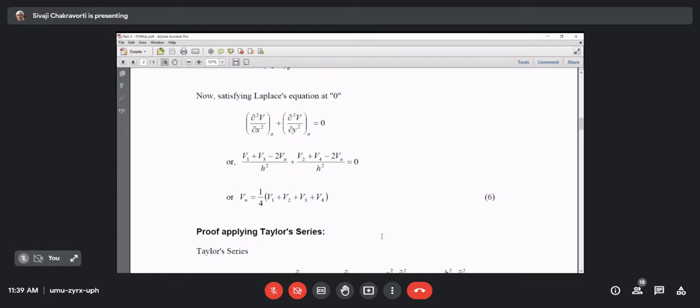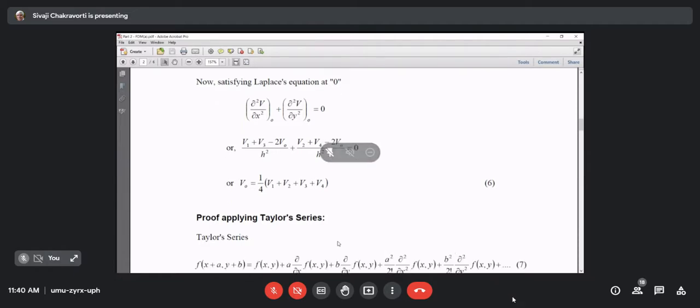When it was proposed, that was the beauty, because earlier people were all solving the partial differential equation. But here it is a linear equation, and it is very, very simple to solve. And nowadays with computers, it is absolutely simple. And that is what we try to do in probably all numerical methods.